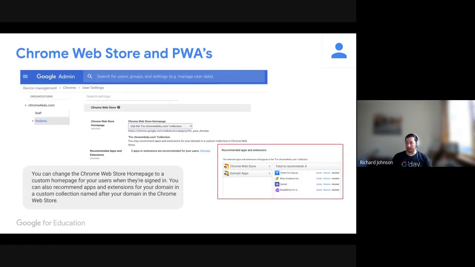Now, Chrome web apps. This is an interesting one. We've had Chrome web apps for a number of years now. They are slowly going away and they will be replaced with what we call PWAs. These progressive web applications are applications that are available across multiple platforms, and hence the new way that we are looking at producing apps on all devices. As these come through, you'll be able to apply them in exactly the same way that the Chrome Web Store apps were able to be applied before. You'll have them listed not only on the vendor's website where you can install them, but they'll also be part of the Play Store as well, that you can search through a catalog.